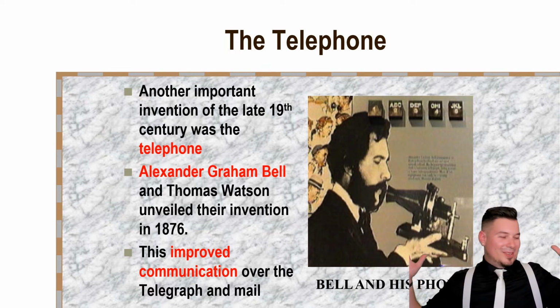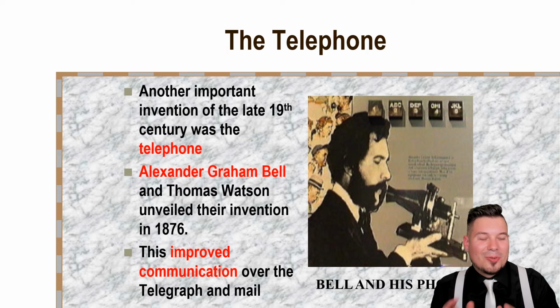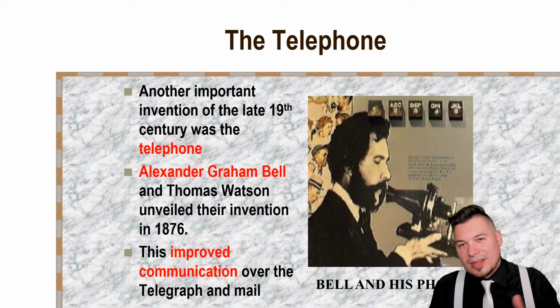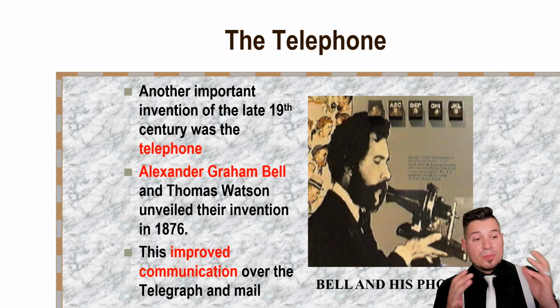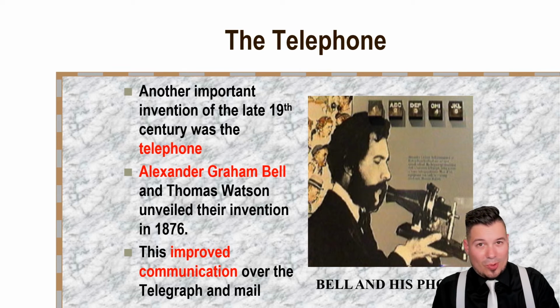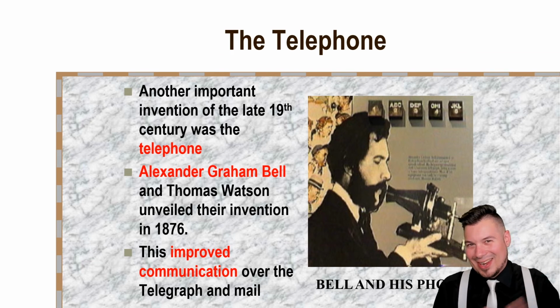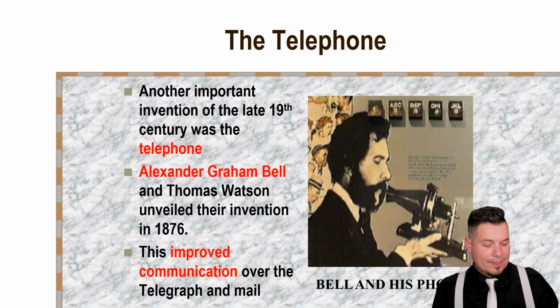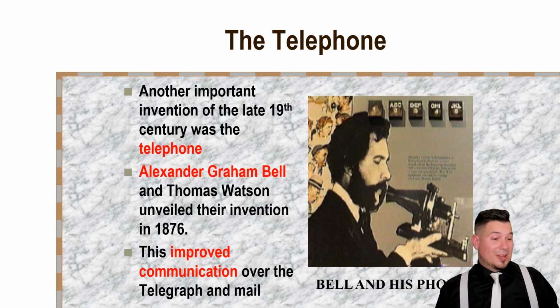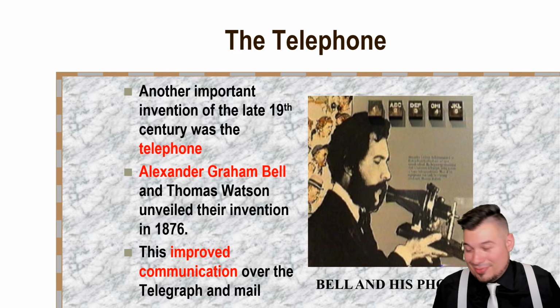And we're going to have a telephone. Oh my goodness, telephones are everywhere. But this is the original one by Alexander Graham Bell. This invention is very important, as this now goes ahead and makes communication even faster, even more instant. Again, him and his assistant Watson unveiled their invention in 1876, in which his first words were, "Watson, come here. Watson, are you there?" Because it was an open line, and so again, there was no ringing or anything like that. This is going to improve communication over telegraph and the mail and everything else. This is going to be a big deal, and phones are soon going to literally be installed throughout the entire nation. And now, look at them, they're all wireless.